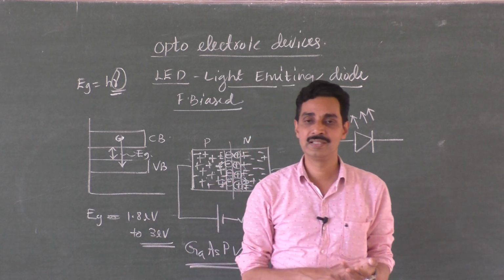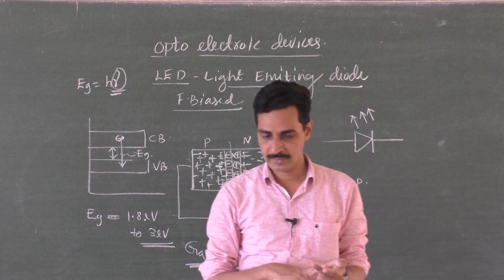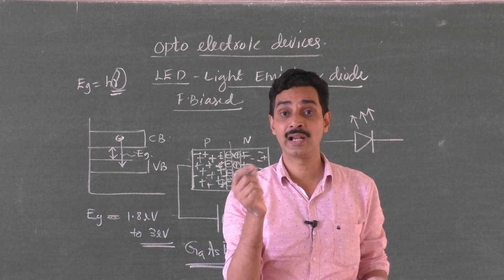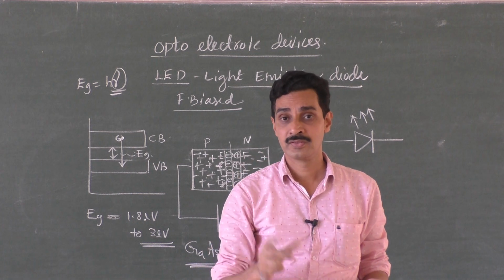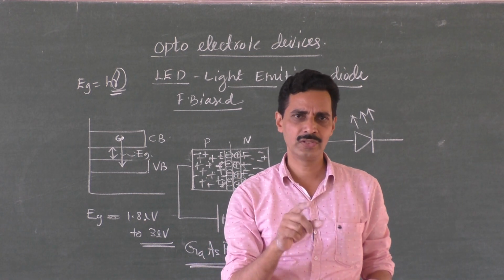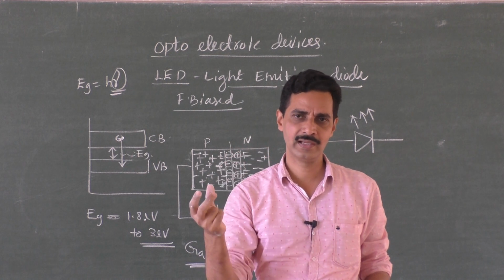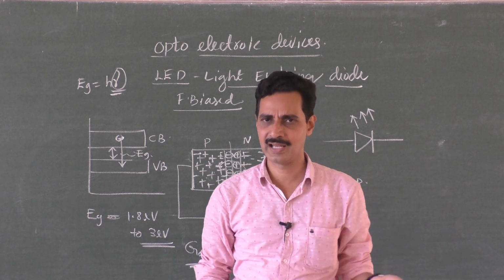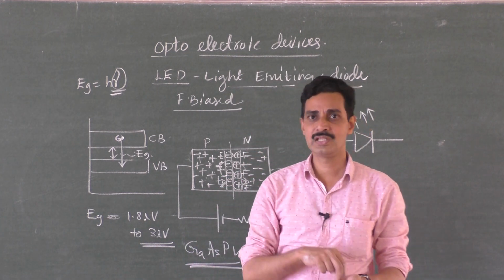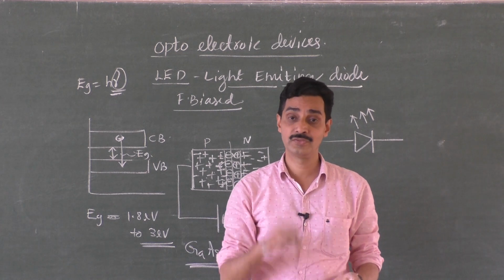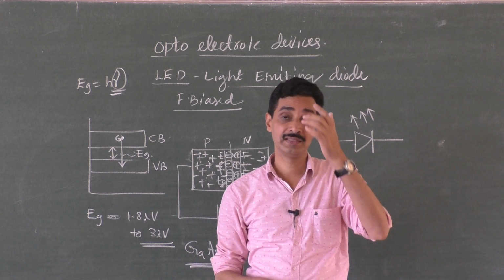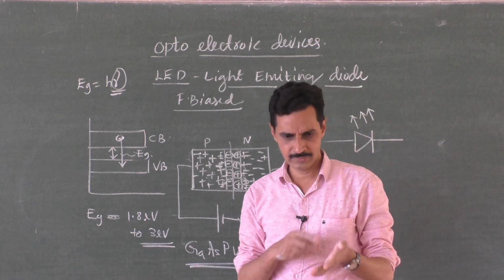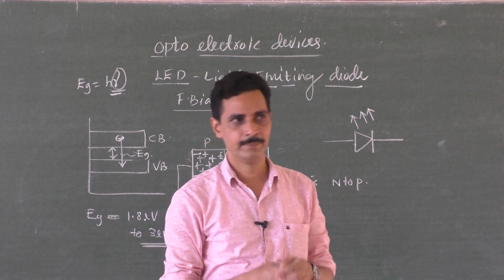So in LED TV screens, in calculators, traffic signals, and as an indicator for switching on and off of a power supply or anything. In every application we have now, when you switch on, you will get a red light there. When you switch off, the red light goes off. When something is charging, there is a red light, and after charging, a green light. They are all LEDs. So as an indicator for switching on and switching off of a light, like this you have plenty of applications. They are LEDs. You can write anything, right? Even in the calculator, what you get is an LED display. Okay.